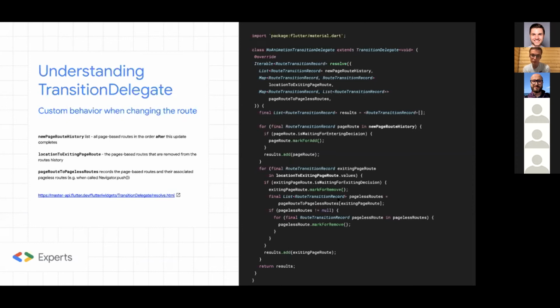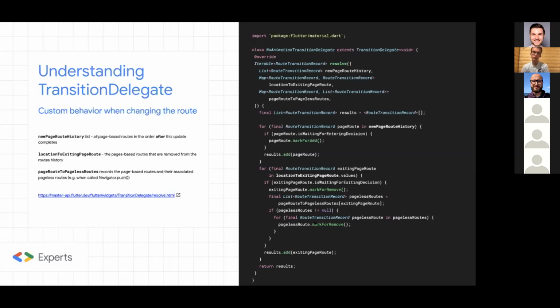So pretty simple. Of course, you can provide some more information here if you want some kind of custom logic. Then we go through the pageless routes to also mark them for remove this way, and we need to add this to the list of results that is being returned from here. So it's pretty complex, and usually you wouldn't have to implement this on your own, but you could.